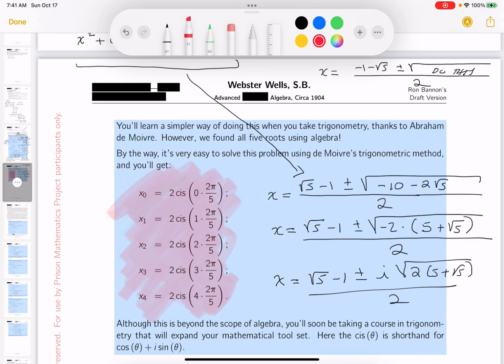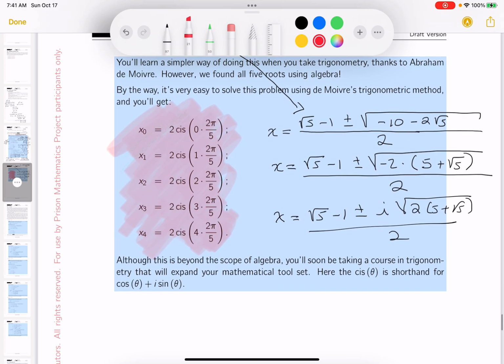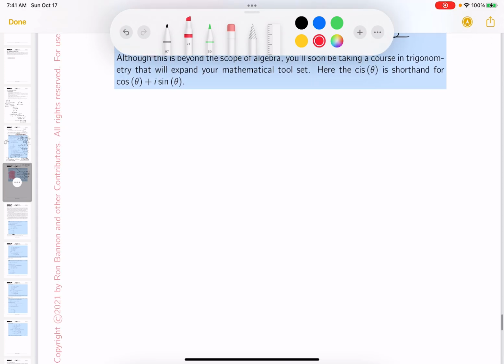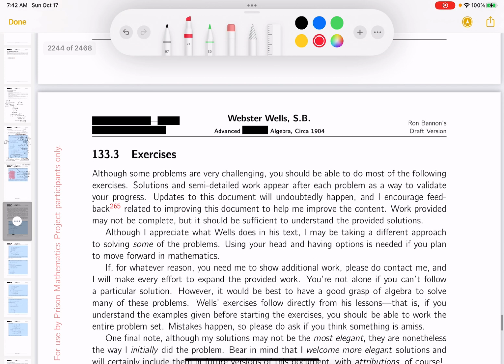Other than the fact that Wells does mention it, and by mentioning it, he's kind of giving you a heads up what your future holds. It holds a lot of simple ways of doing things. But here's the deal. When you're going to do the exercises,